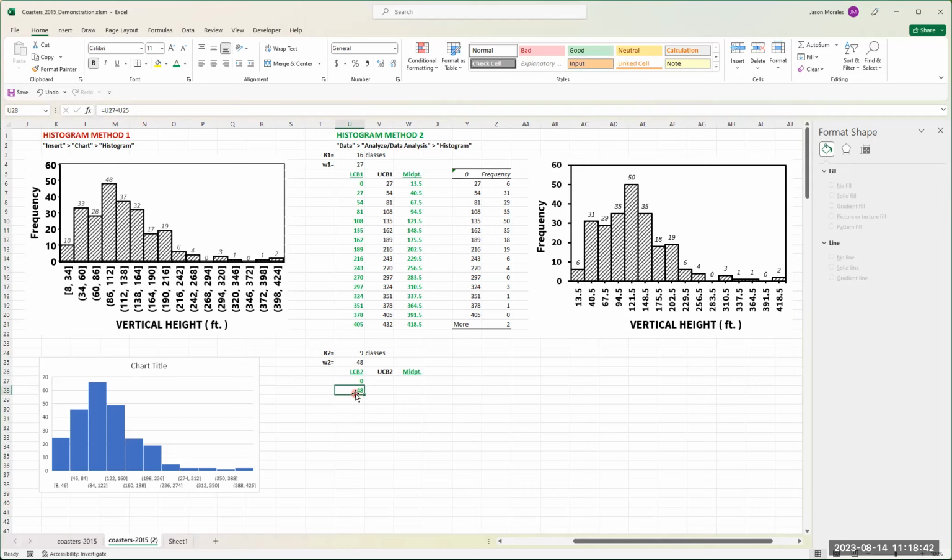Now, one more thing. At this point, what we could do is just take this little handle, that's this dot in the lower right-hand corner, and drag this down. What that's going to do is take that formula and copy it all the way down. But you can see it's giving us an error. All right, so that didn't work. And the reason why it didn't work,